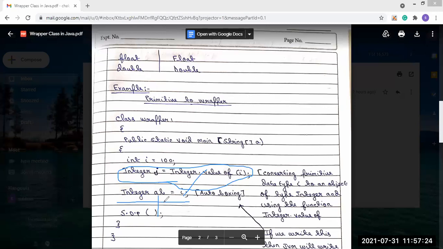So it directly converts the primitive data type into an object. The JVM will internally do this operation; there is no need to mention it explicitly. And through System.out.println, we will print the values. This is the concept of converting primitive to wrapper class.